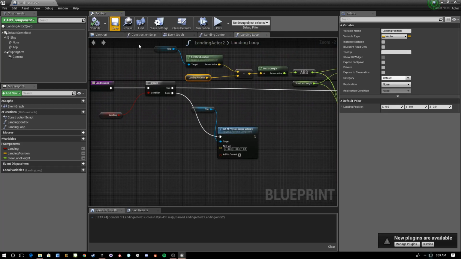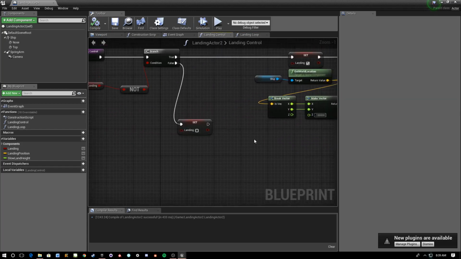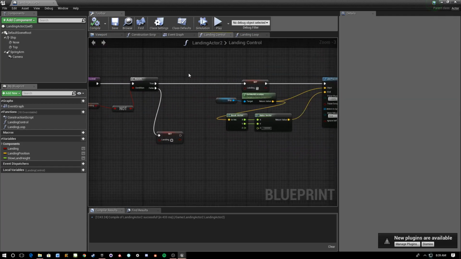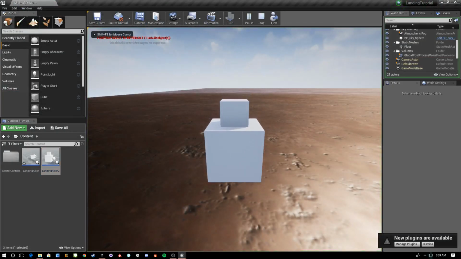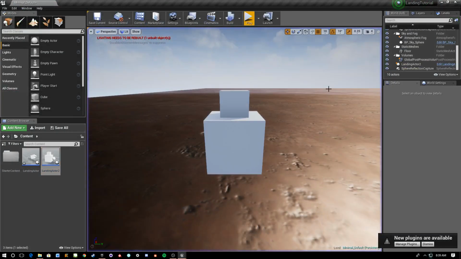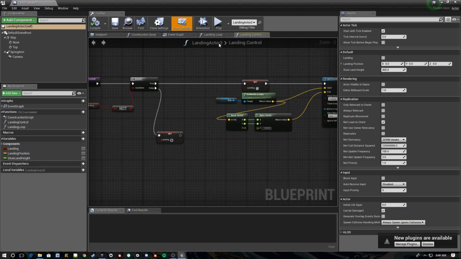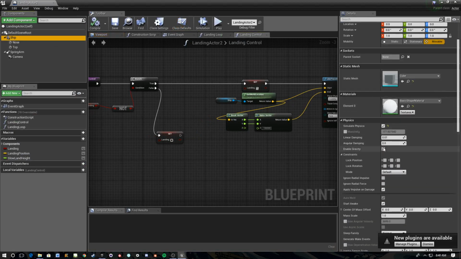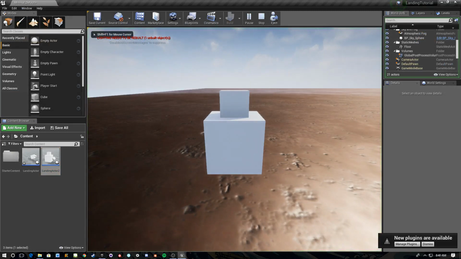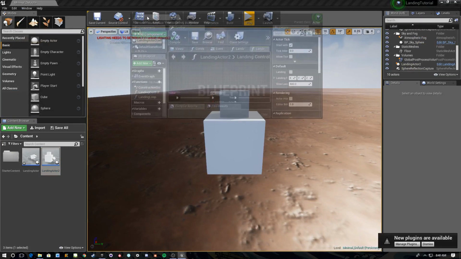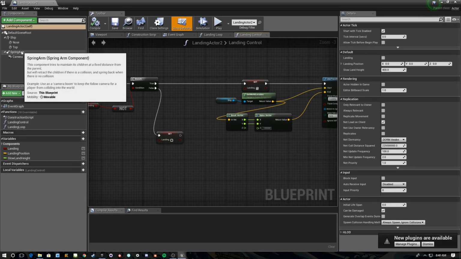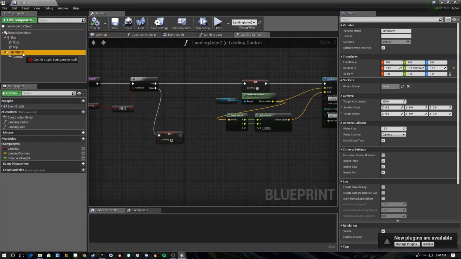So what this should do, if I have everything hooked up correctly, is when we hit play, no, sorry, I have gravity on, so that's going to mess everything up. Ship, enable gravity is off, turn off. There we go, okay. So now we're not moving, and then we press F, and it goes down. Now, that looks weird because the camera is not on the